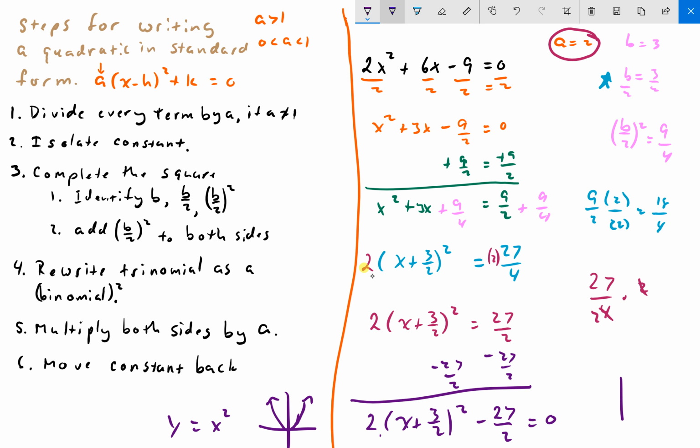Thank you. It's telling us to move 3 halves units to the left, and then down 27 halves. Well, that's 13.5. So our new vertex should be at negative 1.5, comma, negative 13.5,